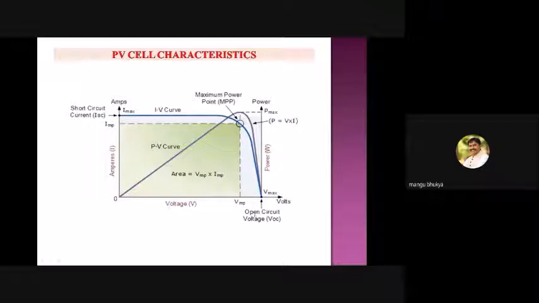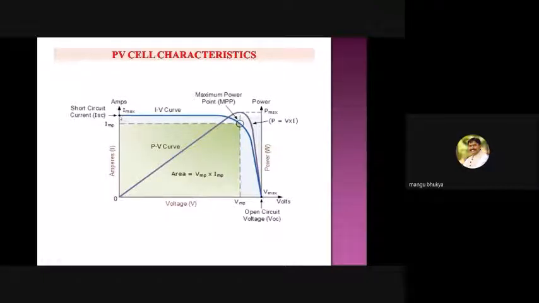As voltage varies across the panel, from 0 to maximum, that maximum is reached under open circuit condition. What about the current? First the current remains constant. Then you can see here a sharp bend and the current becomes 0. This is called an open circuit. So this is the characteristic.